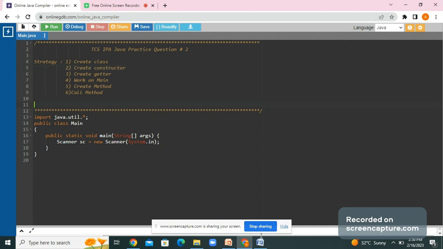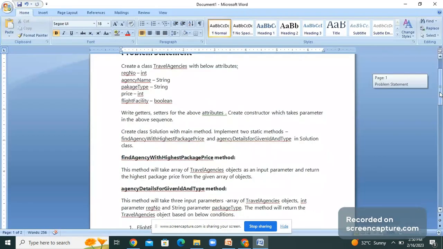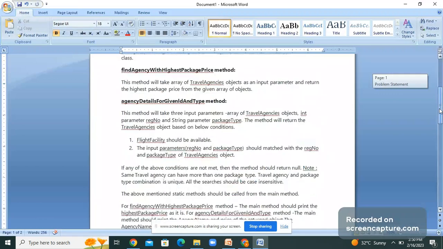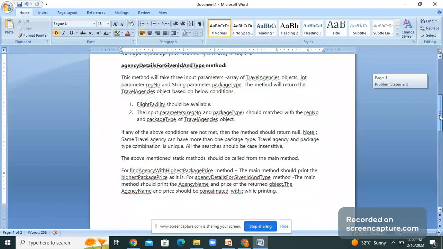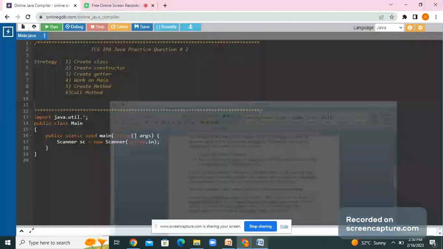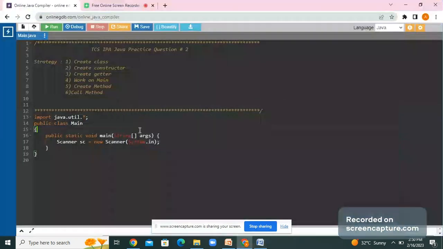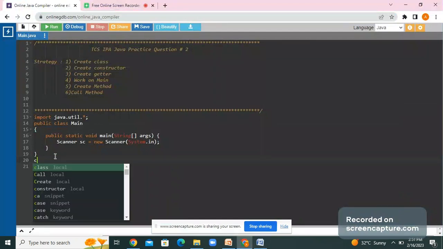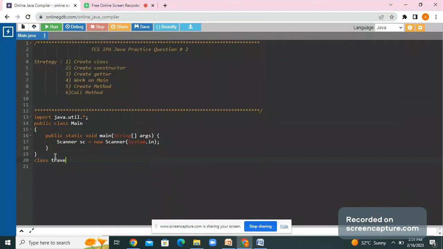This is also a question where we would be required to return an object, so we would be looking into it. Okay, so let's start. First we would start on creating a class. The class, we would give the name as TravelAgency,